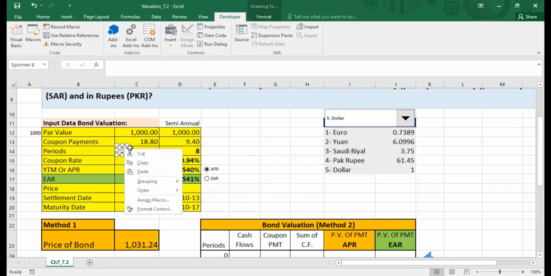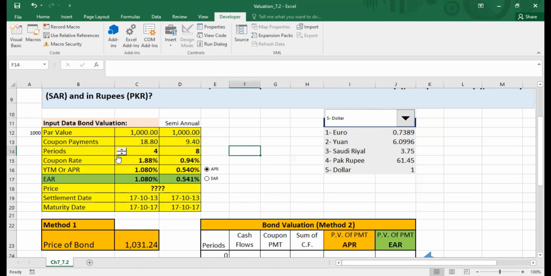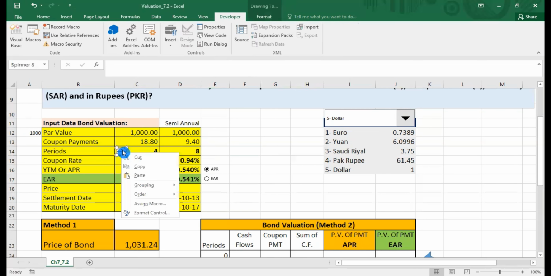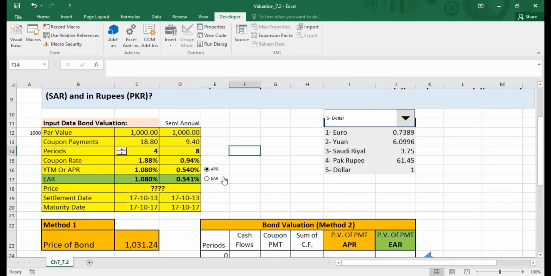You can change the size of the spin button according to your needs. I need a little bit smaller one, and you can place it wherever you want, drag and drop. It will be draggable. Now the spin button is working over here. You can see it clicks up and down. It's working, but it's not linked yet. Let's link it with this years cell.